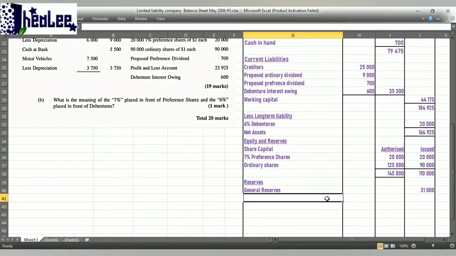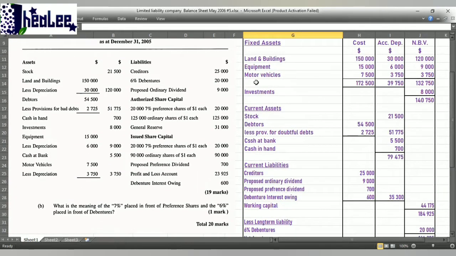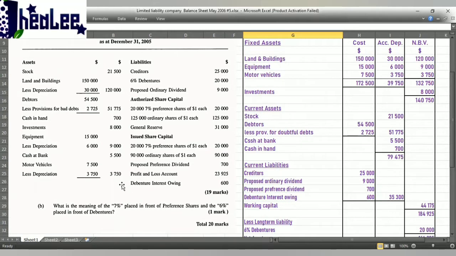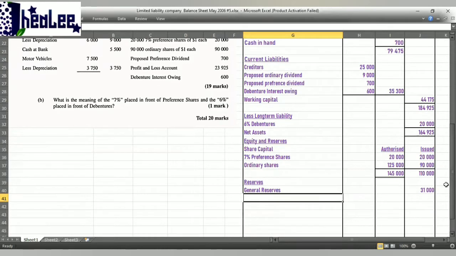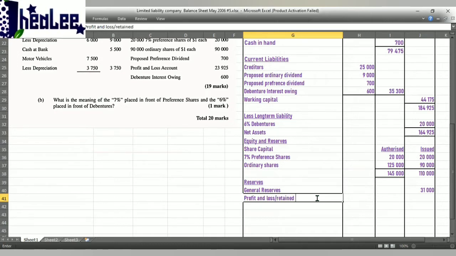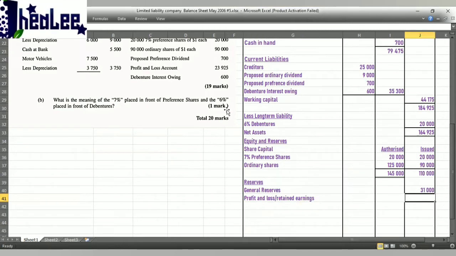Okay. Other reserves would be share premium. Let's check if there's any share premium in this question. No, there is no share premium. And we have our profit and loss amount of 23,925. That is also a reserve. Another term for the profit and loss there would be retained earnings or unappropriated profit. So we're going to enter our profit and loss. And remember, this is also called retained earnings or unappropriated profits. And the amount for profit and loss is